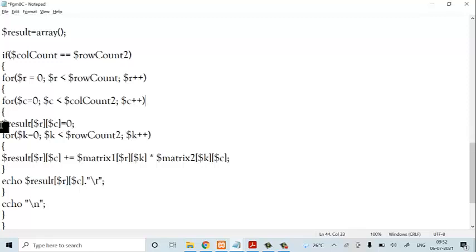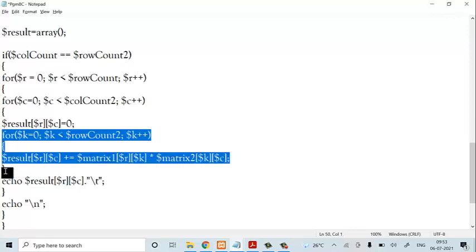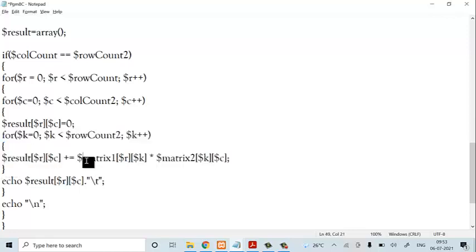Once we have taken, we are going to check for the first iteration, it is 0. Now using for $k, we are multiplying. See, for matrix 1 I have taken R with k and matrix 2 with k with the count. It will perform these values and store it in this particular array format. So echo $result, after storing the value, directly we are printing it on the console.